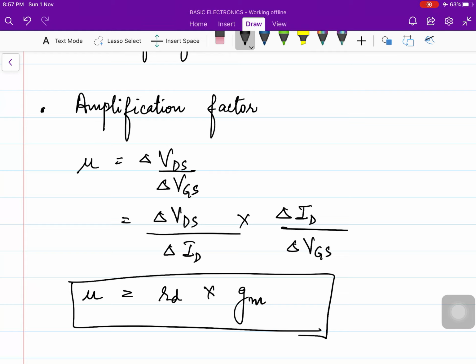So here you can have small numericals on it, where you will be given the value of two of these three parameters and you have to calculate the third one. So this is how we can easily calculate some of the very simple numericals, and these were the important parameters of JFET. So I hope